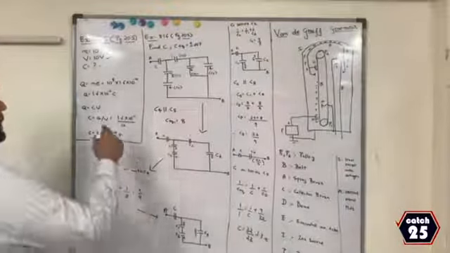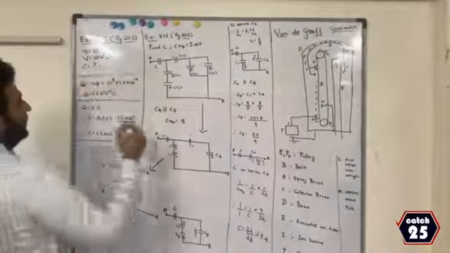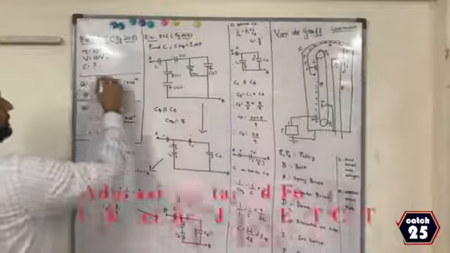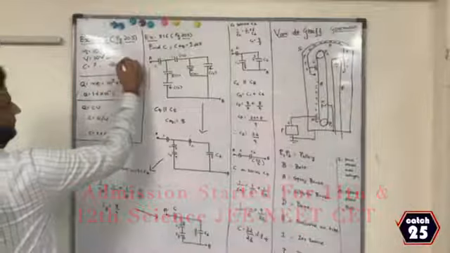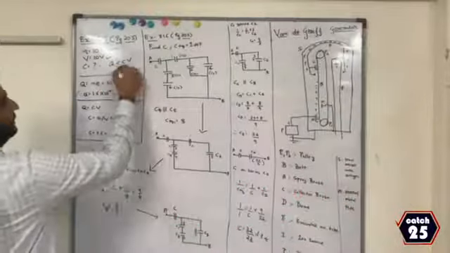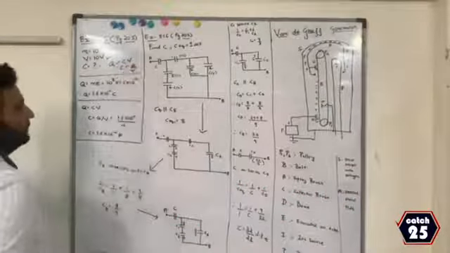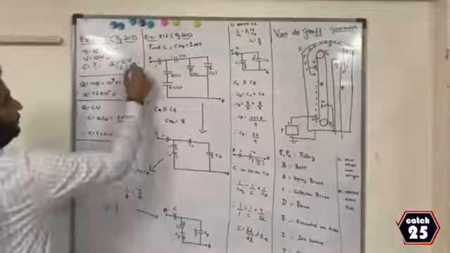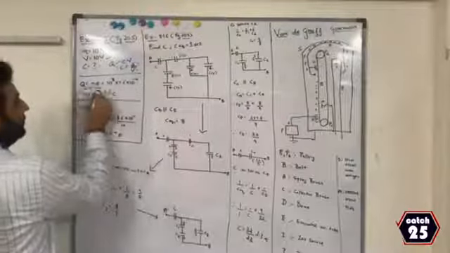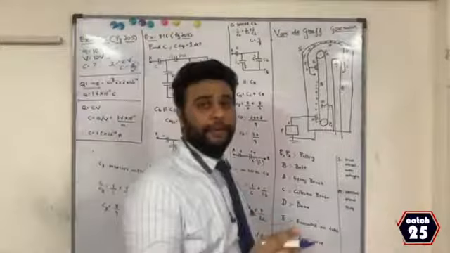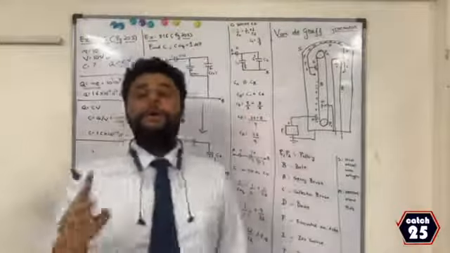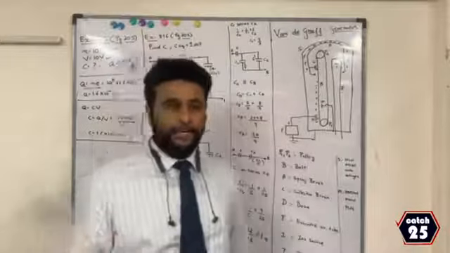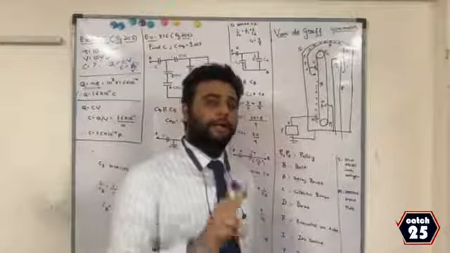For that, I have to use two formulae. First let me find the charge Q, because I know the formula for capacitance C. I know that Q is equal to CV, therefore C is equal to Q by V. V is given in the question. To find Q, let me use the basic formula for charge, Q is equal to NE. Remember, there are two basic formulas for charge. One is Q is equal to IT and one is Q is equal to plus or minus NE. Both of them are covered in the 11th standard.